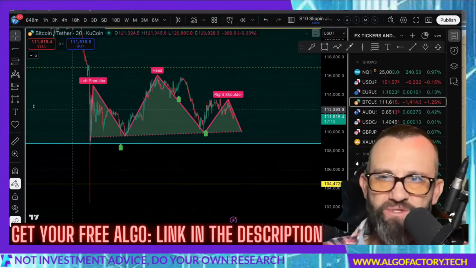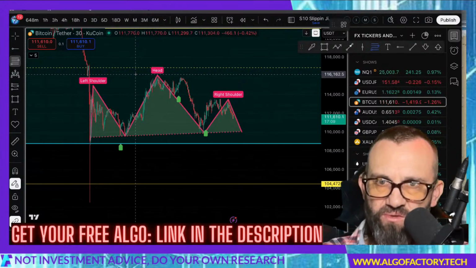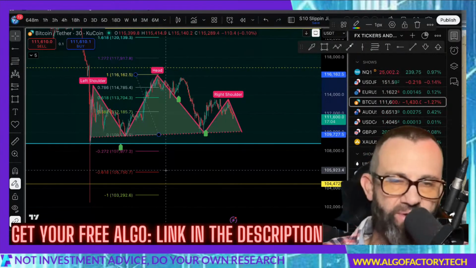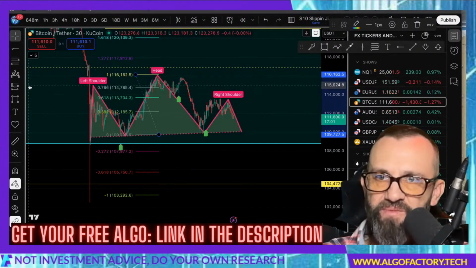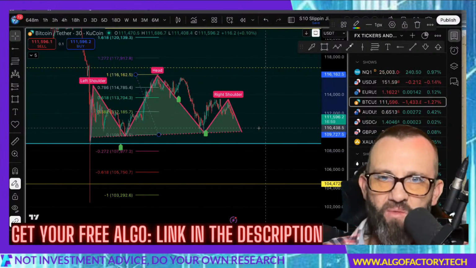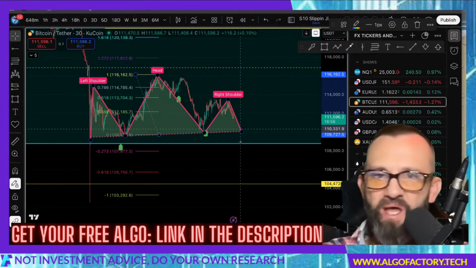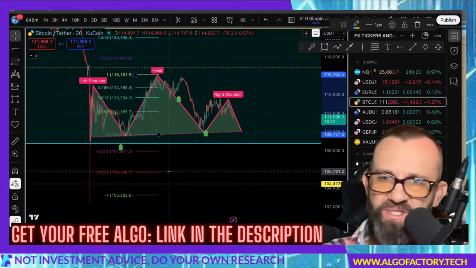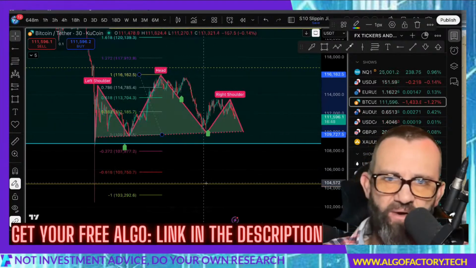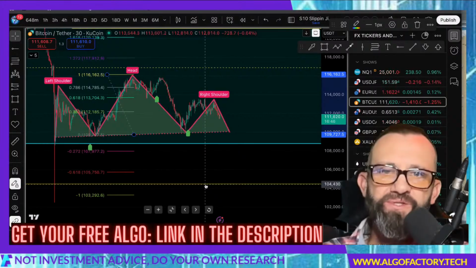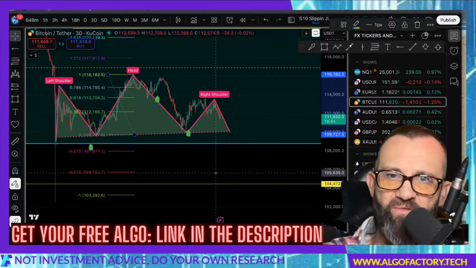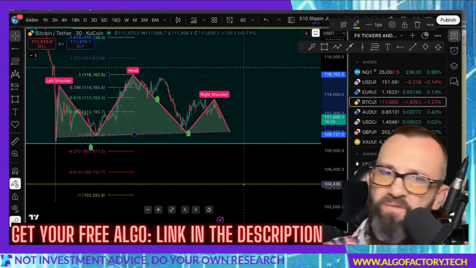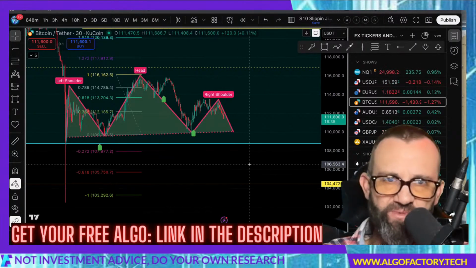And if I were to put targets on this, and this might be giving us clues as to where price might go should it break down, then you're looking at about 106,000 or just below, right? So those are your targets on that. One target might be your support if you can get in, not a lot of room on that. But the main target might be at about 105,800. And then of course you right now have the liquidity down at 104.5. So a decent case is being made here for Bitcoin to dump down below 108 and head towards 105, 104, 103,000. So that is what it is.